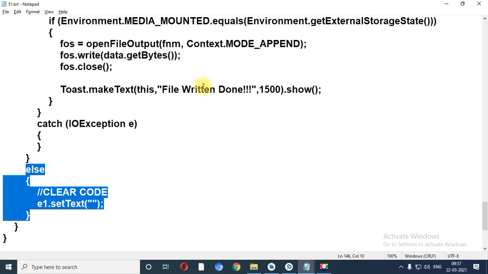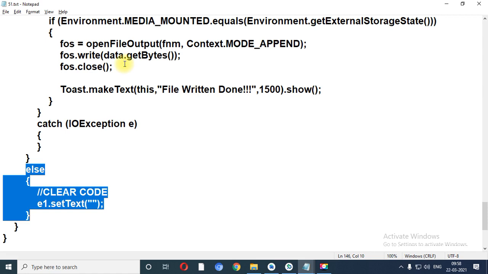Let me repeat the difference once again. Internal storage is available by default. If you want to perform coding based on the external storage state, at that time the first thing you need to do is set the permission in the manifest file.